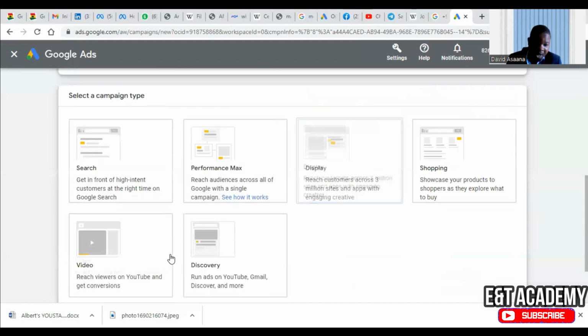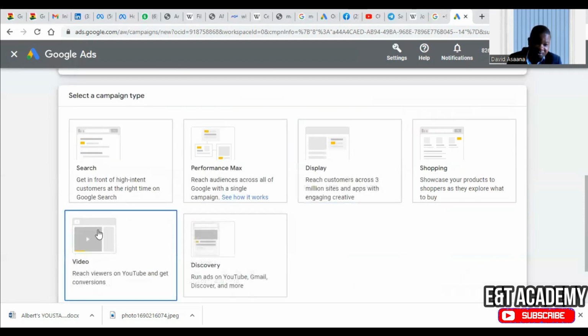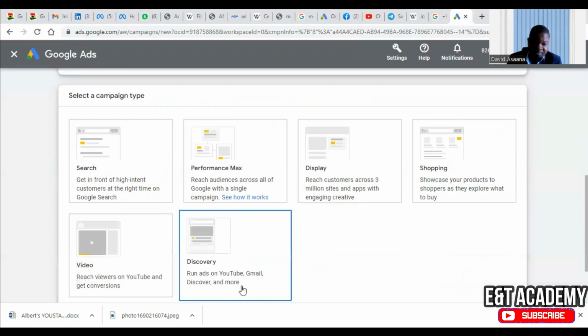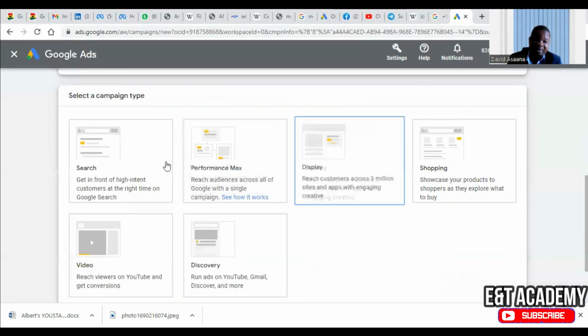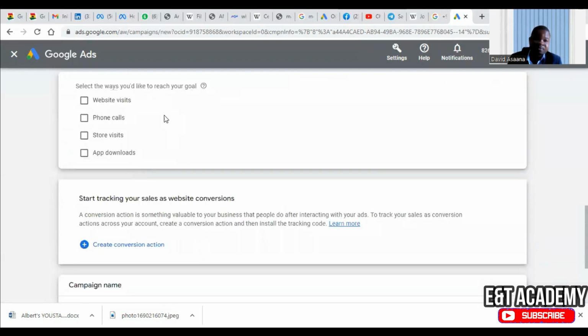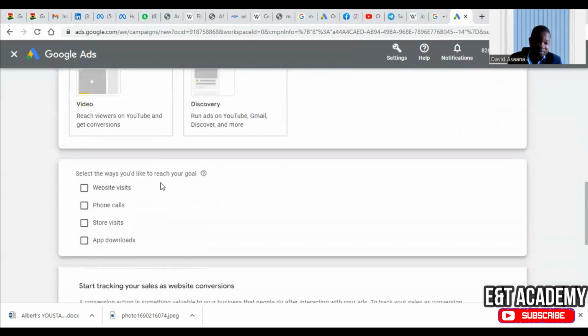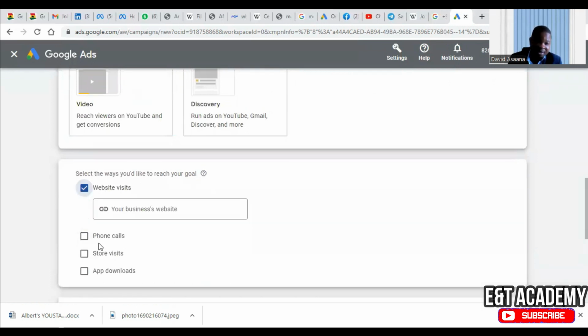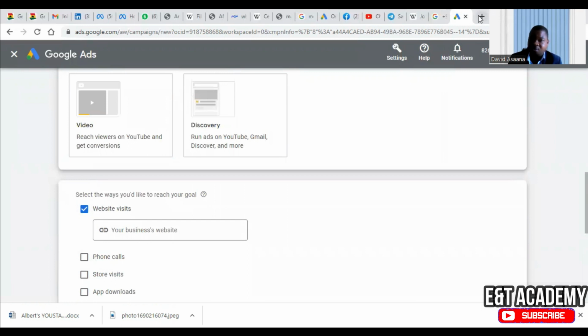So the video is for YouTube, and we have discovery and then the rest. The one we are looking for in this advert is a search ad. For the search ad, I have to select the ways I would like people to reach us. So one is the website, and then we also want phone calls. So the website,